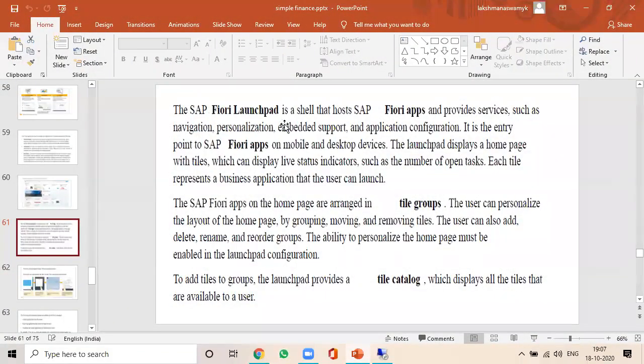Now, SAP Fiori Launchpad is a shell that hosts SAP Fiori apps and provides services such as navigation and personalization. That means you can customize your home page also. In the customization of the home page, you can add all the apps which you use very frequently. And also based upon your roles, suppose you are using 10 to 15 apps. In that case, based on the function and the role, you can group the apps. You can create one group and add the related apps in that particular group. Say for example,